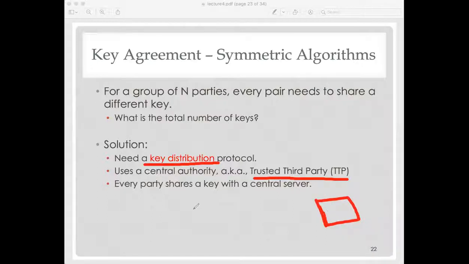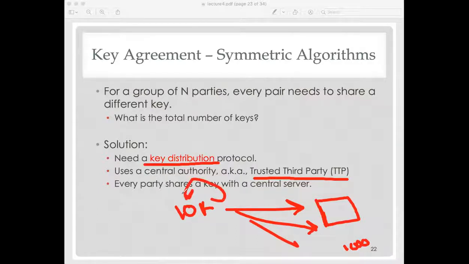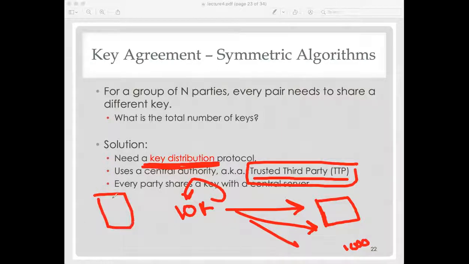You have a server, and then you have, let's say, 10,000 students, and then maybe you have 1,000 servers. So you need lots of keys. Ideally, you want the student to have one key to communicate with everything they need, including communicating with another student. So how to do this? We use a key distribution algorithm using a trusted third party. There is a third party that everyone trusts that basically can help you in that process, and we will see